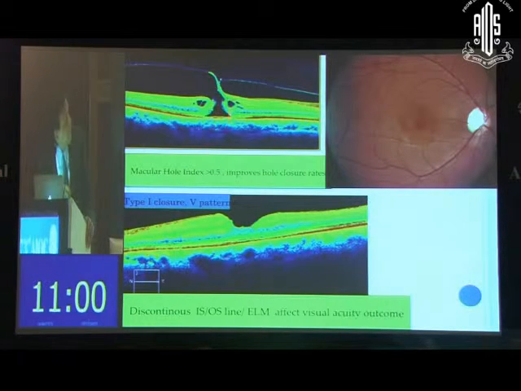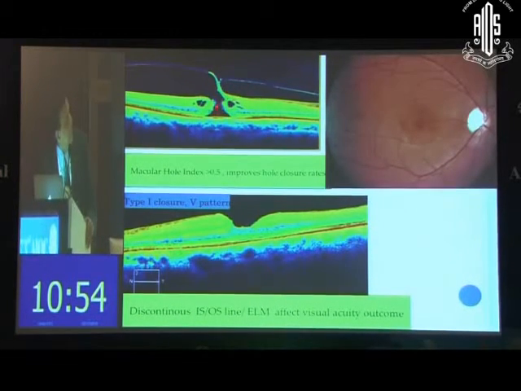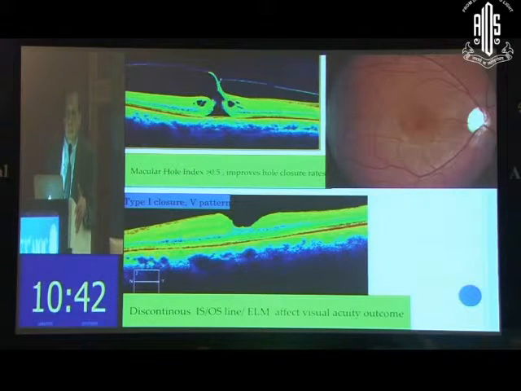That it's important to study the interface to see the hyaloid, how it's attached to one edge of the operculum, and it's created an operculated hole, which is a stage 2 hole with some cystic changes. You can see the RPE is disrupted, the ISOS is disrupted. So all these are not lines, now they are classified as bands, because a line is a one-dimensional structure while this is two-dimensional. So the new classification for OCT,